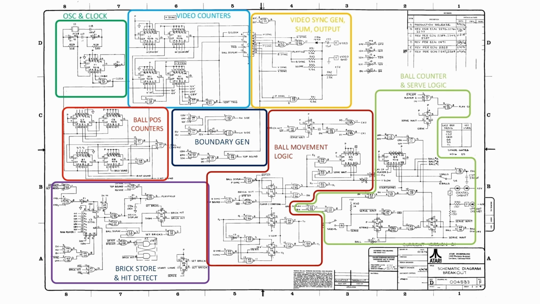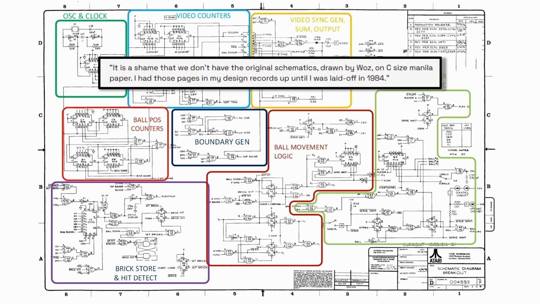Now, if you remember, Gary Waters took the prototype to production, and in an interview with Atari historian Martin Goldberg, Gary revealed a few interesting things. First, the prototype drawing he received was done on a single C-size sheet, and he had it in his design files until he was let go in '84. I know we've all lost stuff, but this is a tough one. Now, I believe much of what was on that sheet ended up on sheet 1 here, because you have everything for a minimalist game except for the paddle logic.